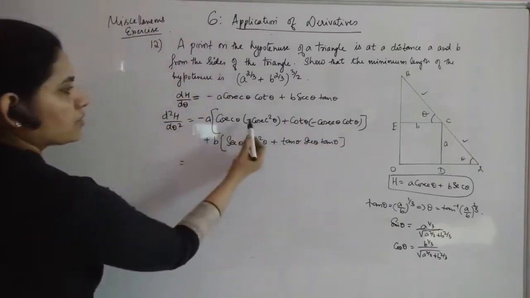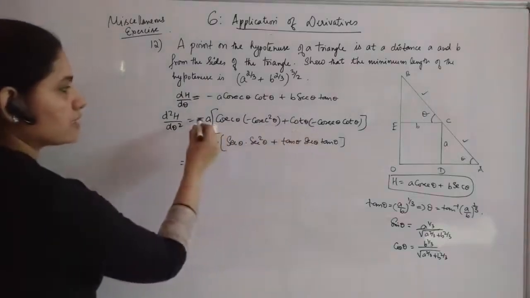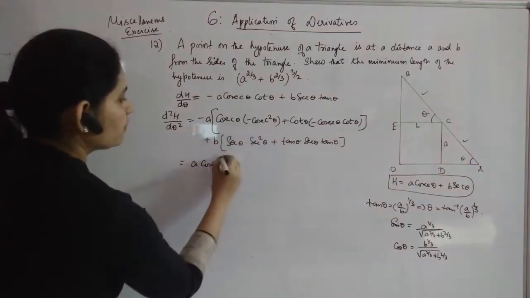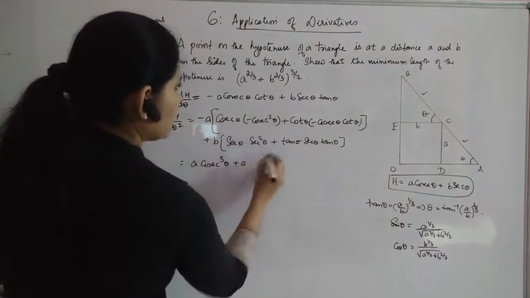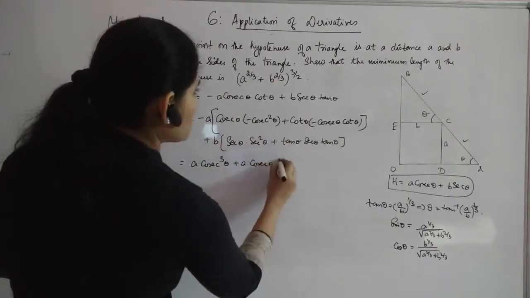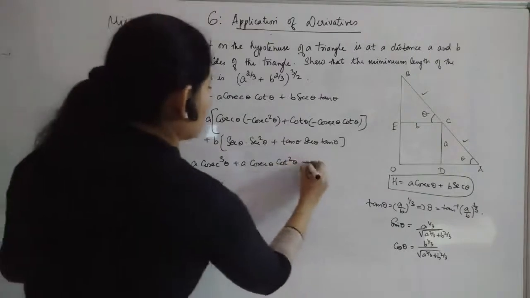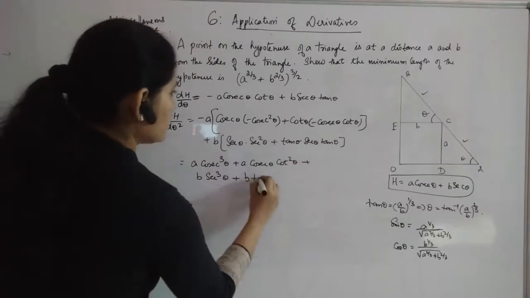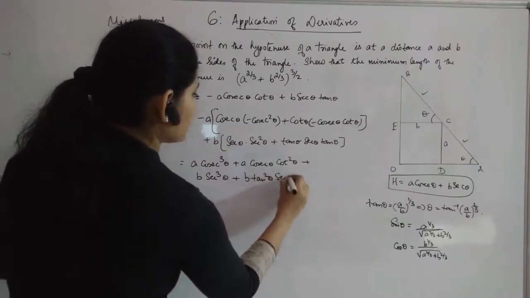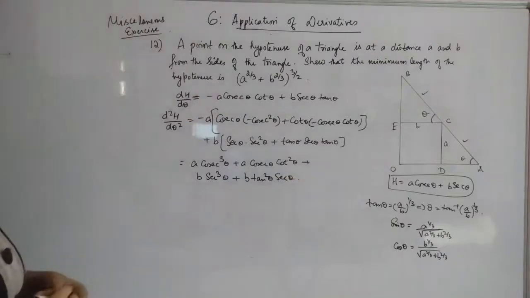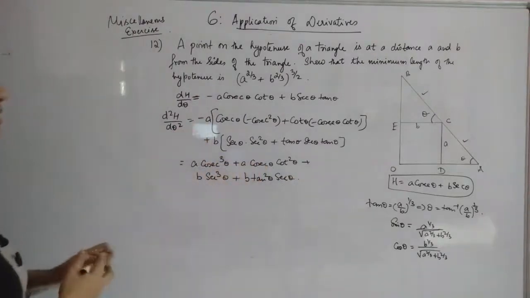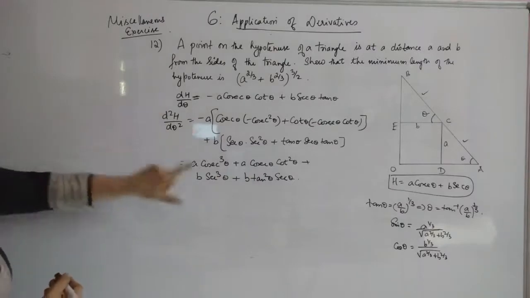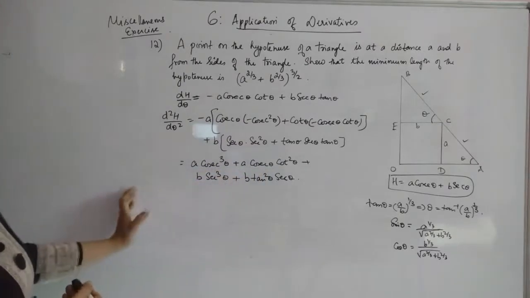Which will give you, again you see here you have in both the terms negative and here also a negative, so these terms will be positive: A cosec cube theta plus A cosec theta cot square theta plus B sec cube theta plus B tan square theta sec theta. So in this case you need not replace the values for these things in order to say that this second derivative will be giving you a positive quantity or not, because all these are positives, you don't have any chance to get a negative sign there.